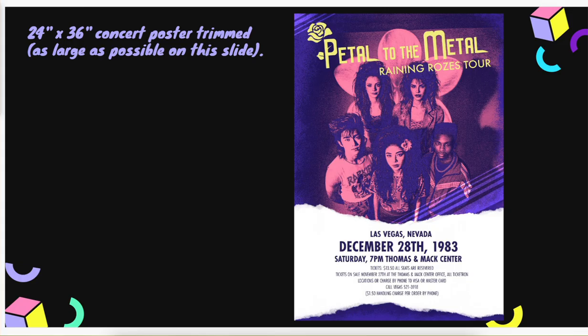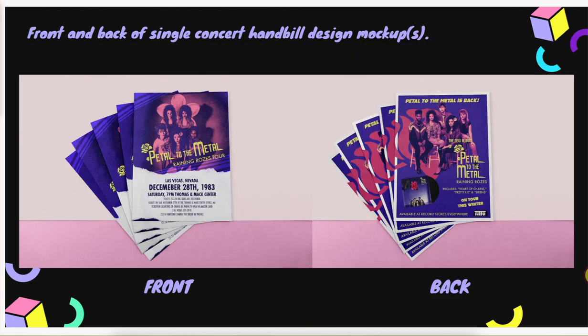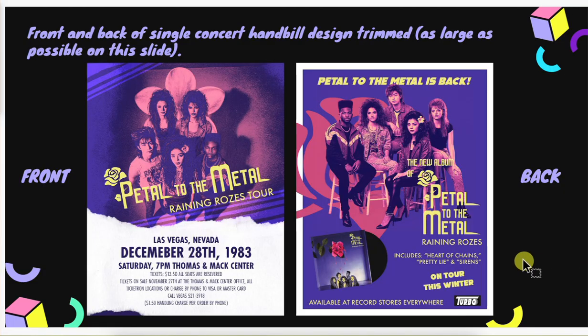I'm also wondering if you tried to make this paper this yellow color, and how that looked, if it didn't create enough contrast for you or something like that. You could also make the Raining Roses tour white instead if you wanted to keep this white part here. Just playing with that. Great. Okay, so then these are good mock-ups. All right, so for the front,